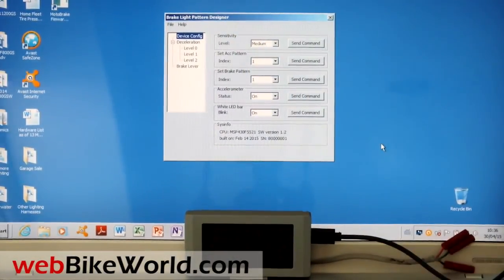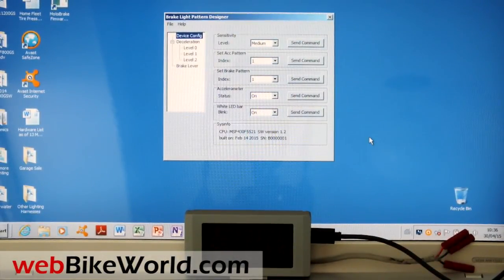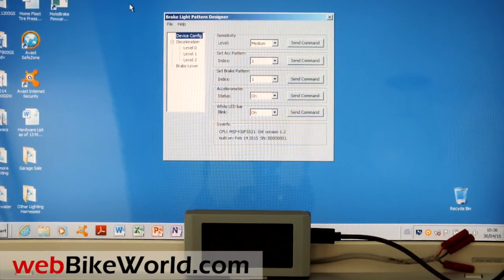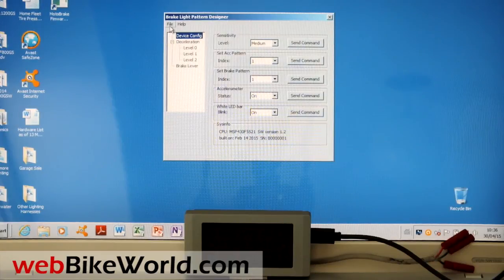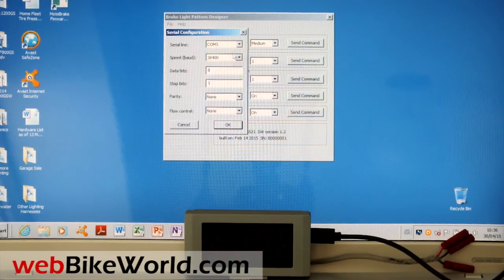So this is a walkthrough of the Ohmics MotoBrake. What I'm going to do first, using the pattern designer software package, is run you through the basic output patterns and connecting the device to your PC and setting it up so that you can start the program using the pattern designer. So once you've hooked it up and you've got a COM port, you go to File, Serial, and use